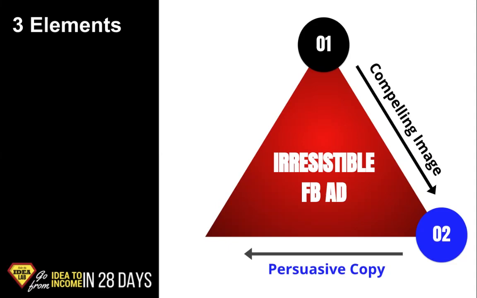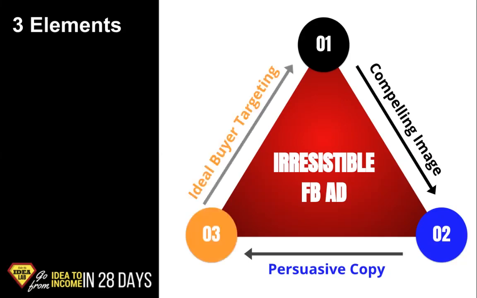So if you have some text there, your cold audience will automatically start to read what you've written down. And if what they read captures their attention and captures their interest, then your ad essentially is giving them a double punch. You're not only grabbing them with the compelling image, but you're also hooking them with your persuasive copy. So I'll share with you what I wrote down in my ad, so you get an idea of what you can do with yours. And now, what's the third element?